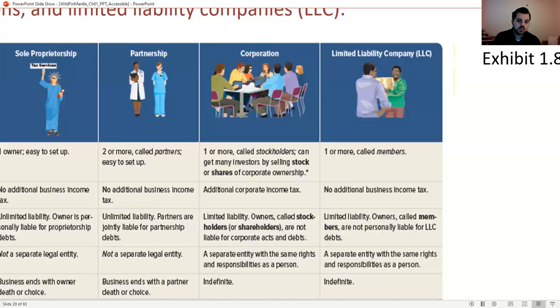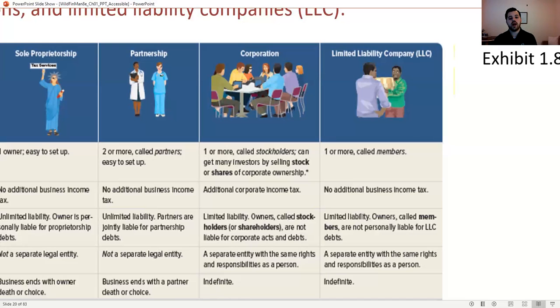Now, there are some limited cases which you'll deal with in your business law courses where, say, the government can actually pierce the veil and come after the individuals behind the corporation, but it's very limited. It very rarely happens. So you do have this very strong firewall of limited liability, meaning that you can't lose your personal assets, which is fantastic.